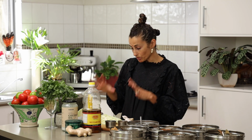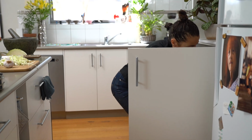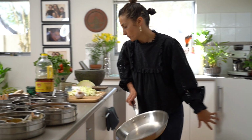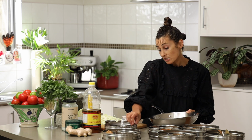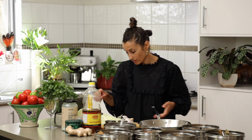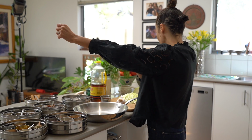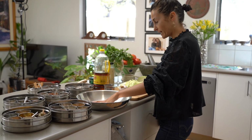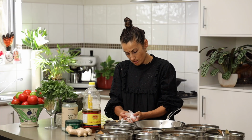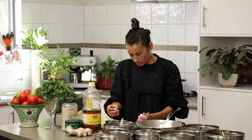Okay, so I'm going to do this in a frying pan. And I'm also going to make the frying pan larger than I actually need it to be, because I want the cabbage to touch the pan at all points. That way it'll cook faster and caramelize, be a bit nicer. Okay, so what I'm going to do is show you as a cold pan lay what this looks like. I'm going to do,